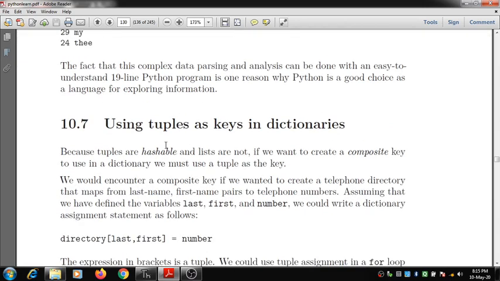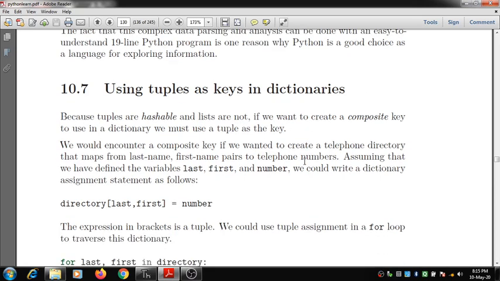The next topic is using tuples as keys in dictionaries. Because tuples are hashable and lists are not, if you want to create a composite key to use in a dictionary, we must use tuples as the keys. We would encounter a composite key if we wanted to create a telephone dictionary that maps from a last name, first name pair to the telephone number.